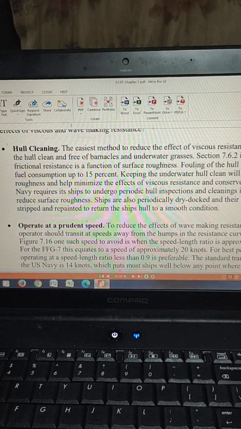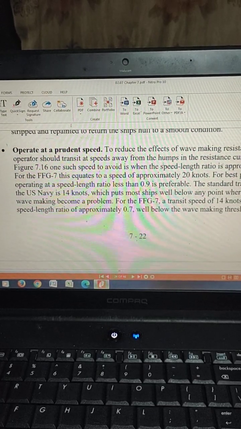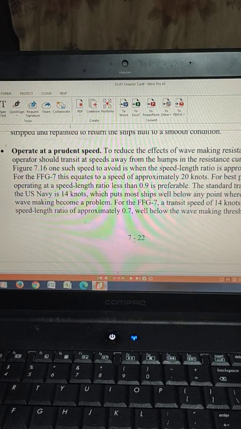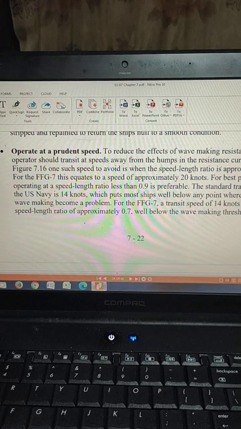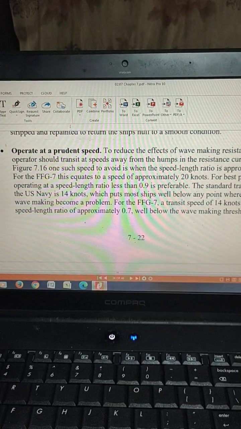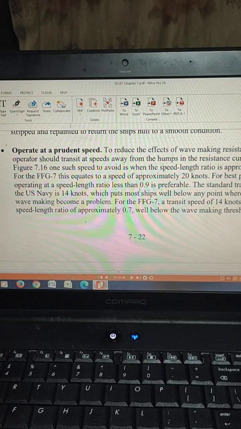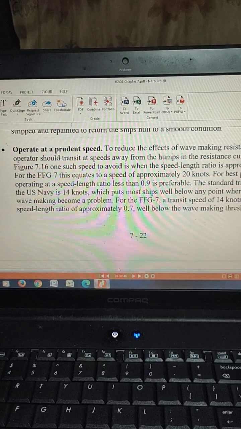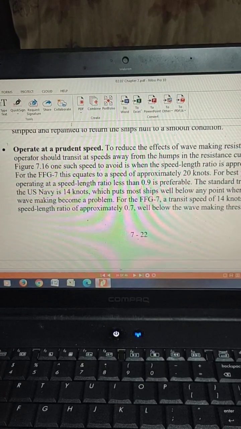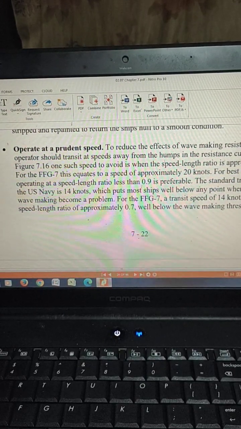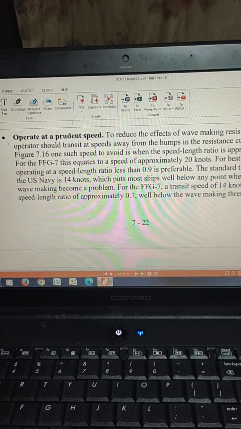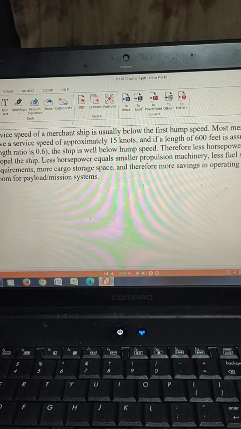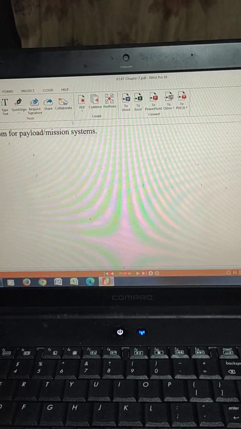We also have a ship that is kept in one place and is not used for some time. There are some marine growths that grow around that ship: shells, mollusks, and all these weeds that grow on the ship body. This also, especially in this tropical area, increases the resistance of the ship. So the ship needs to be cleaned up, because all these things will reduce the speed of motion of the vessel because of the increased resistance. Okay, so now